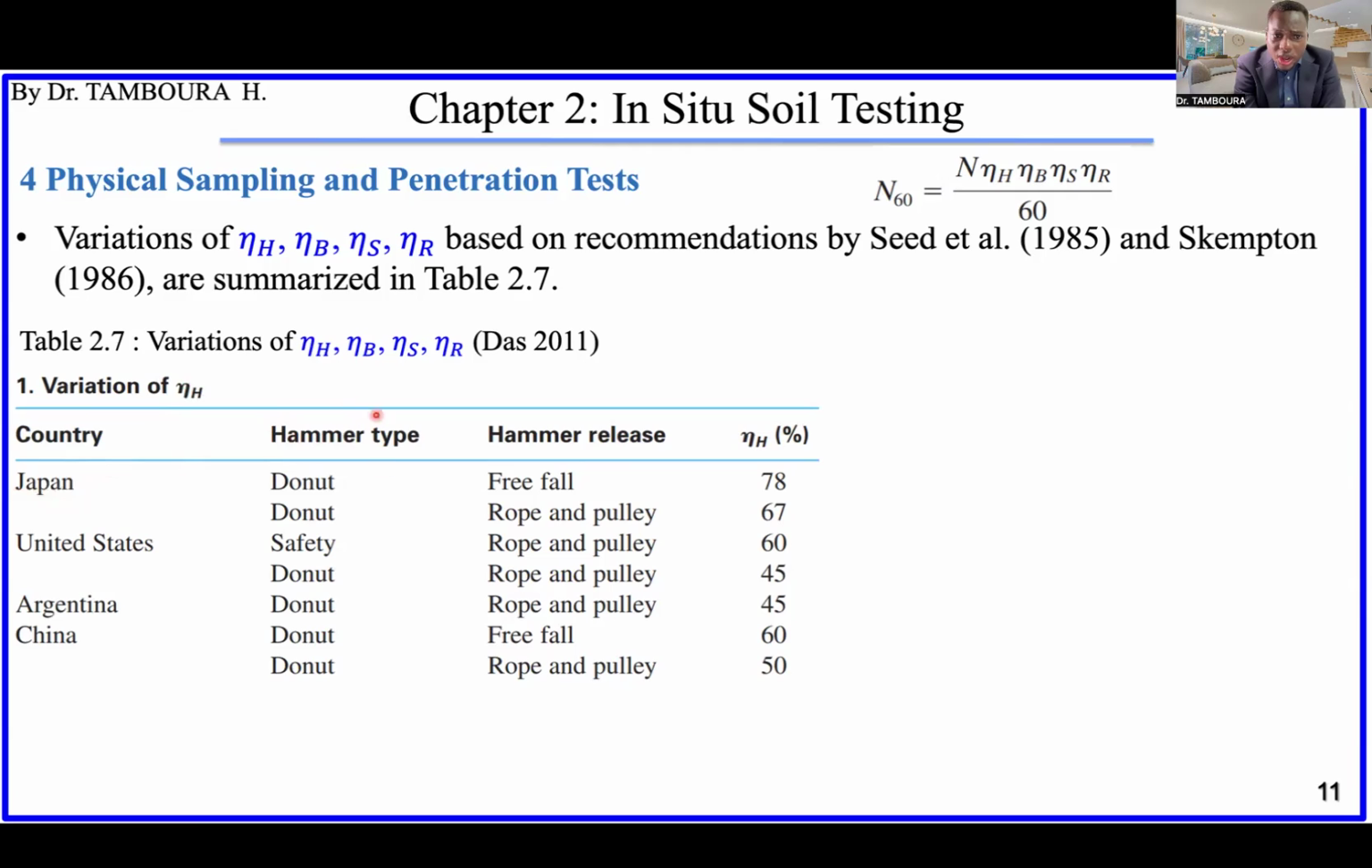So eta H is the hammer efficiency. In Japan, see the hammer type? In Japan, it is a donut type. In the United States, it is this type, and also Argentina and China. If you are in Japan, of course, it will be donut type. And the hammer release, how do you release the hammer? If it is free fall, then the hammer efficiency is 78%. If it is rope and a pulley, the pulley, you